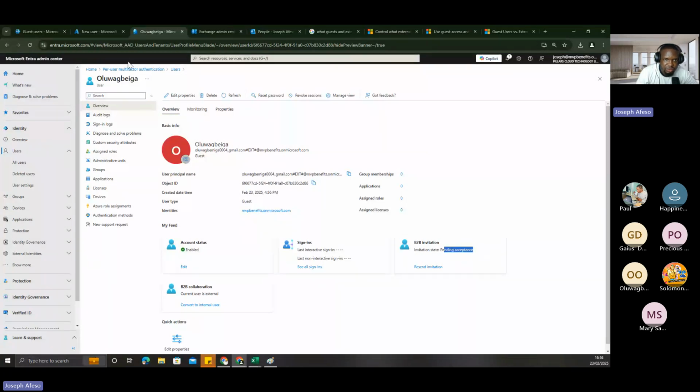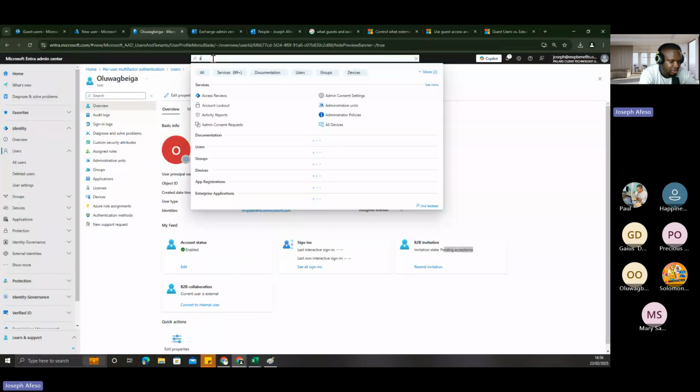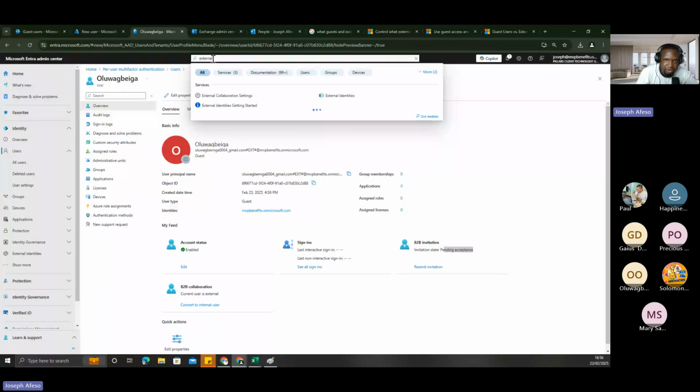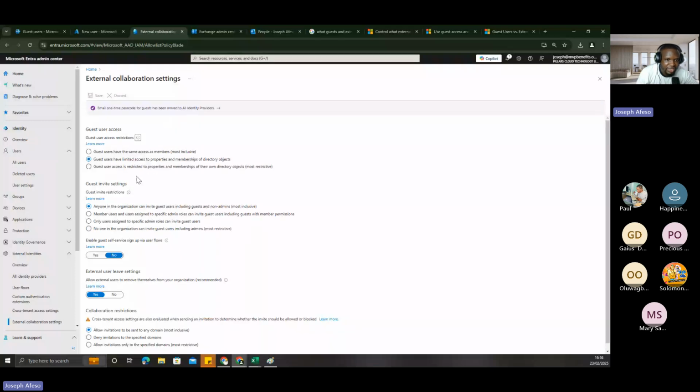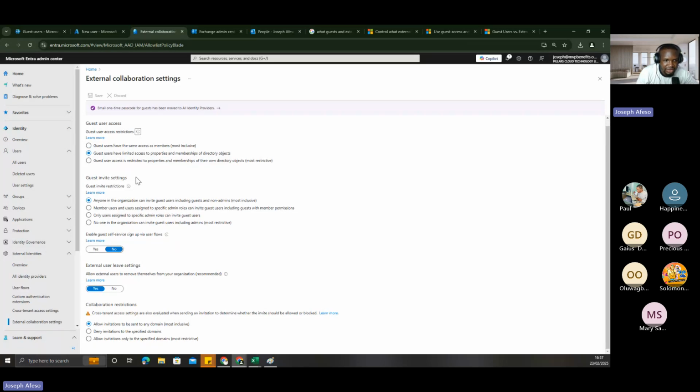Okay, so now there's one very important thing I want to show you here. I think I can just get to external collaboration settings. Let me see if I'll see it in Entra here. Yeah, external collaboration settings. So here is very, very important. This is where I choose what my guest should be able to do or not to do. If you look at this place, guest access,